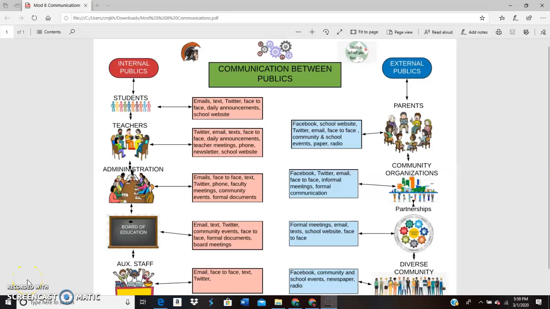By analyzing and synthesizing the Google slide presentation, the PR video, and the 5 articles, we are to design and defend an internal-external communication chart for Beloit Junior Senior High School. We should be able to connect all of the given information to understand how and why our different publics communicate the way they do.